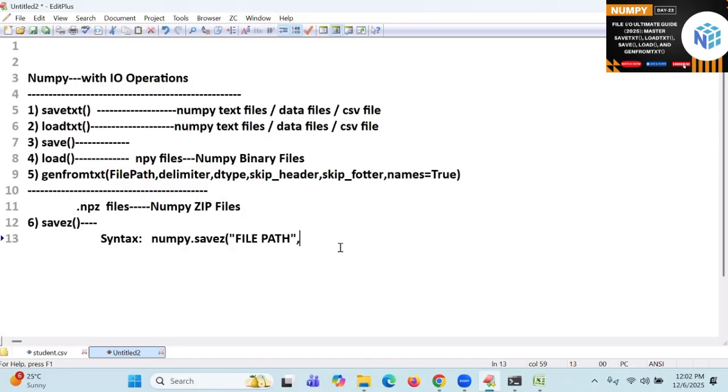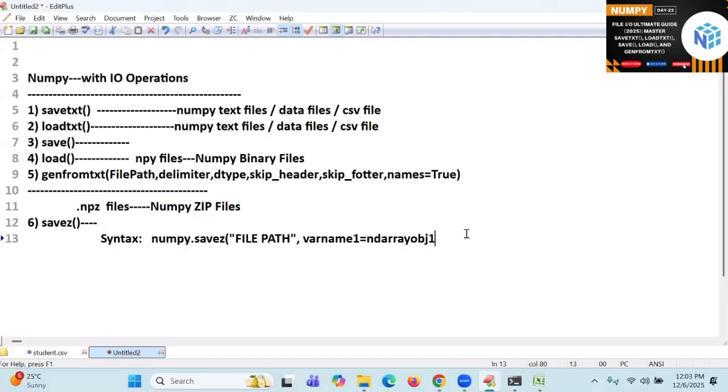Then I need to take names here. On what name do you want to take it? Here I will write variable name is equal to ND array object. Variable 1 is equal to ND array obj 1, comma.